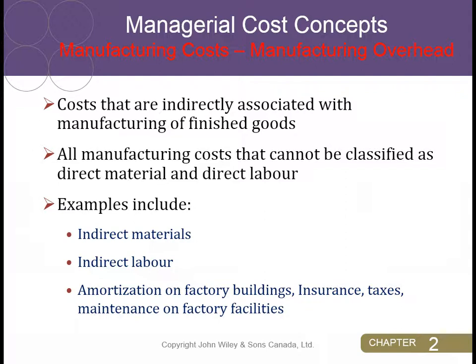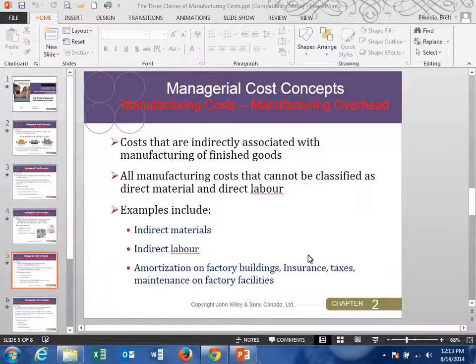All right. So you've got your direct materials, you've got your direct labor, and now you've got this manufacturing overhead, the catch-all. This captures all other product costs that are not direct materials and not direct labor, right? So we've already talked about the indirect material or the indirect labor a bit, and we've talked about some of the other amortization and all that kind of stuff. But when we talk about indirect materials, what are these kinds of things? They give us some examples at the bottom: lubricants or cleaning supplies or polishing compounds. Another good example would be